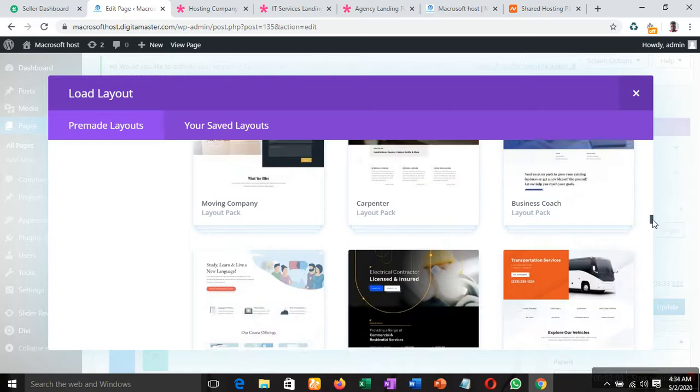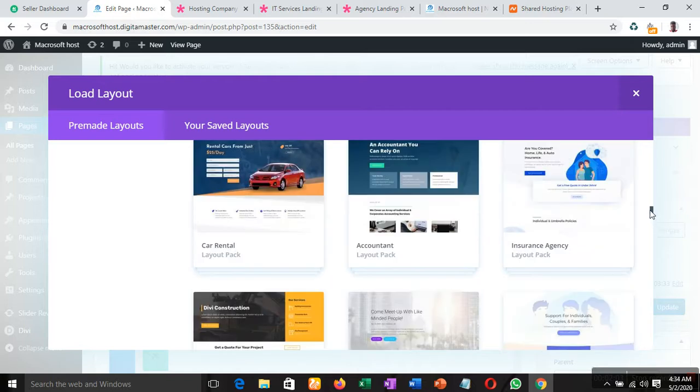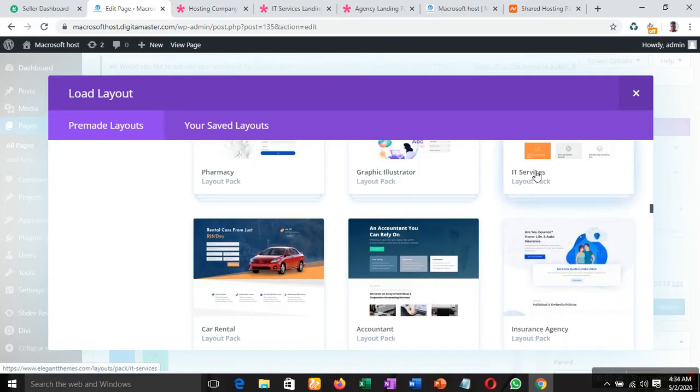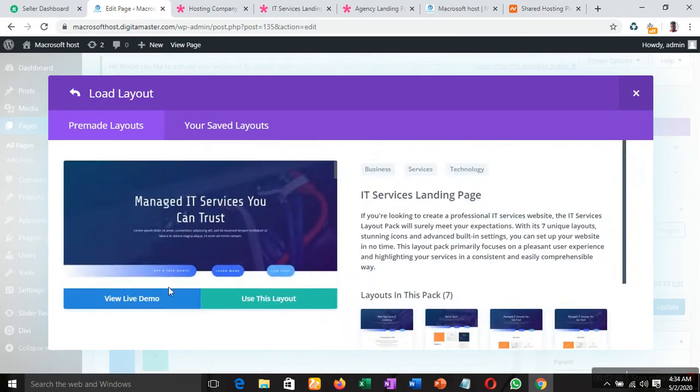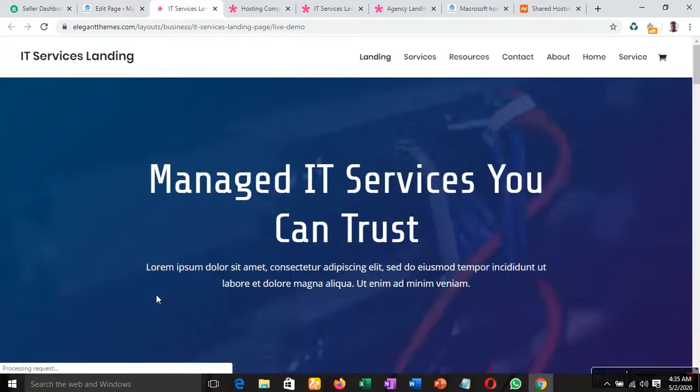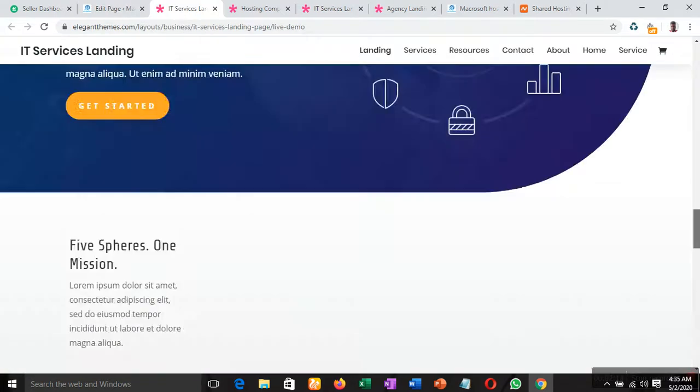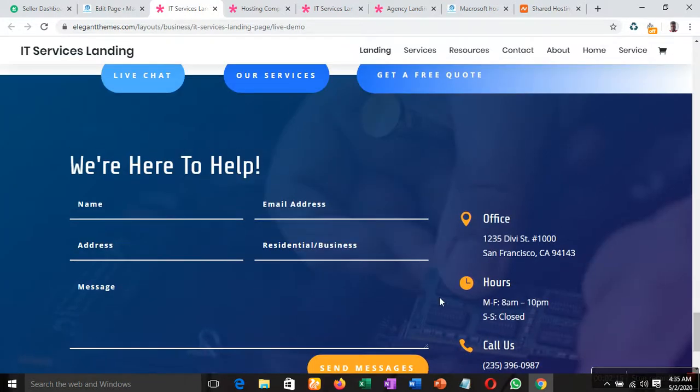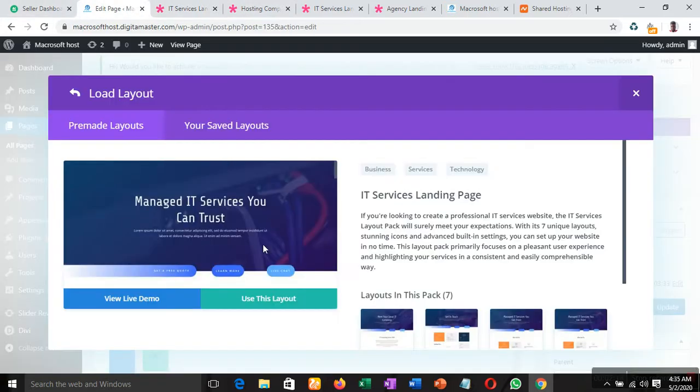I think it's this. Let me check it first. Okay, this is the thing. So I want to copy this particular area now. I will click on use this layout.